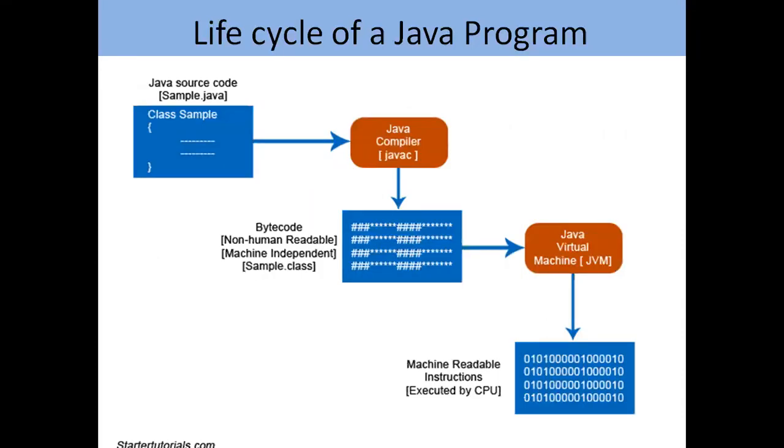First, you will start with typing the program in a text editor. The text editor can be either Notepad, Notepad++, WordPad, TextEdit, etc. After completing the editing of a program, we have to save the file. While saving the file, you should remember that the file must be saved with the .java extension.